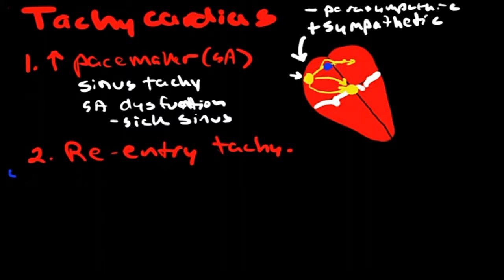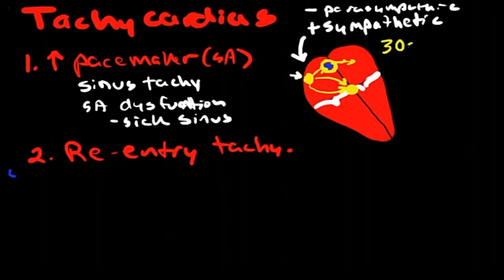However, there's tissue around it that has not been depolarized. So you're going to end up with this circuit, and as this travels backwards, this tissue here will have time to repolarize, and you'll end up with a circuit where you have depolarization and repolarization happening very, very quickly,